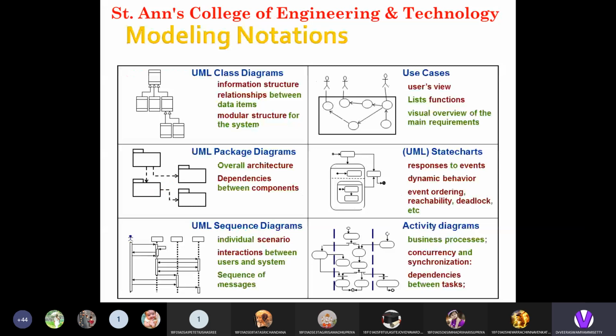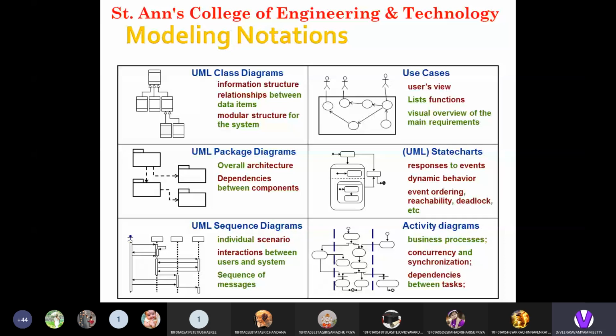Then we follow some modeling notations for UML modeling: the class diagram, use case, package diagram, state chart, sequence diagram, and activity diagram. These play a key role in the UML platform. The class diagram shows informational structure, relationships between data items, and the modular structure for the system.